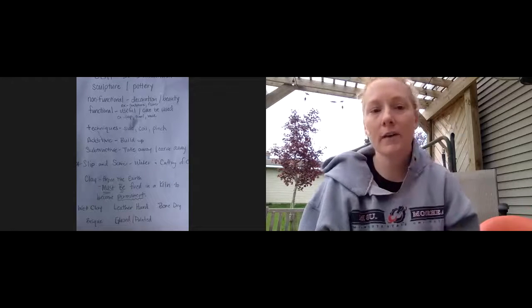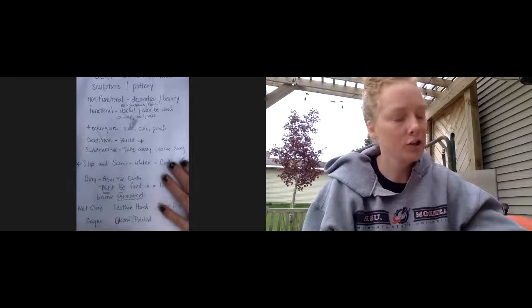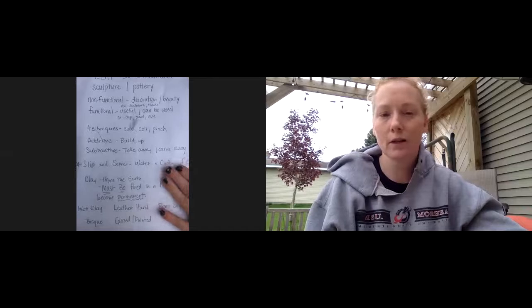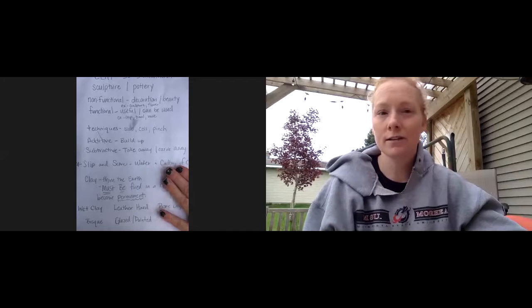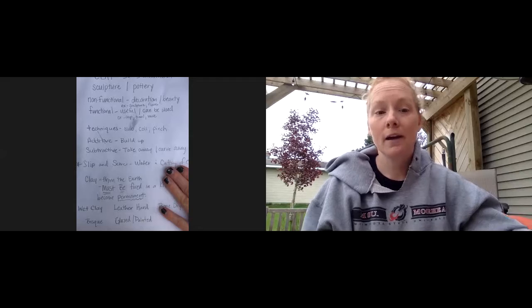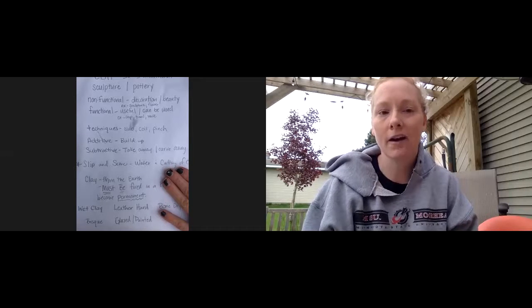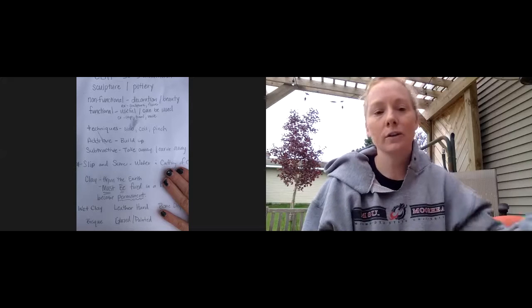Now, if you look on the other screen, I have placed a sheet, and we'll just go over this really quick. This is super important. I know a lot of students really want to work with clay, but the only thing they really know about clay is the fact that it can be molded and shaped and it can dry out. They don't really know the full effect of clay itself. So we're going to go through that sheet, and then I will show you some techniques with the clay, and then I'm going to have you think about what couple options you would like for making